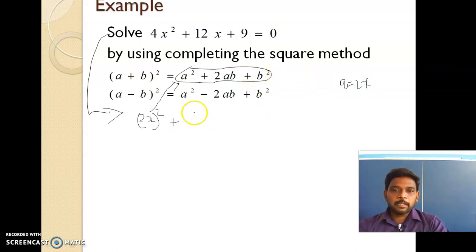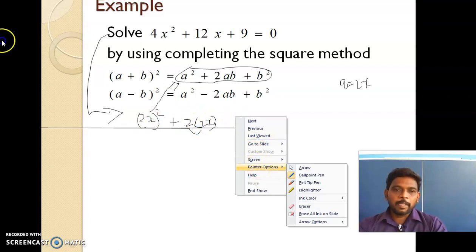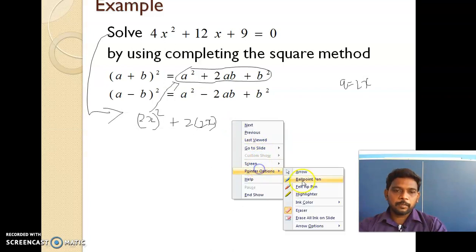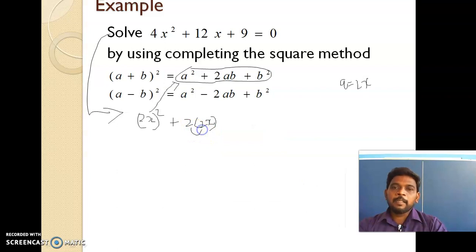So next we need b value. Okay, so next we can write 2ab, right? So 2 times, a is nothing but 2x, and next b is there. So what is the value of b? How can we write? Just multiply these two numbers, and then divide the coefficient of x term here. So when you multiply here, 4 is there, so here 12 is there, so 12 divided by 4 equal to 3. So now the value of b is nothing but 3. So instead of b here, write 3.